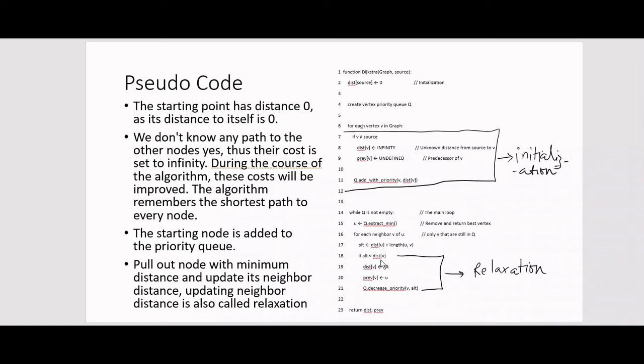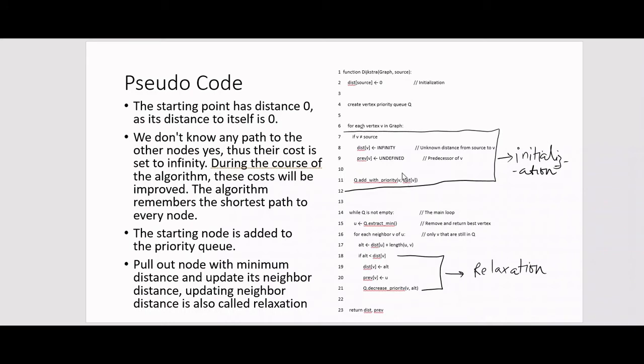So for that we need to have some kind of parent pointer, or we will take the predecessor pointer. Okay, so this is the part of the initialization, and then we go on greedily selecting nearby nodes, or I would say the node with the minimum distance from the neighboring nodes, and go on exploring it further. So for that, we add the source vertex initially, because source vertex is at distance 0, so it is having the minimum distance. So I'll add it to a priority queue.